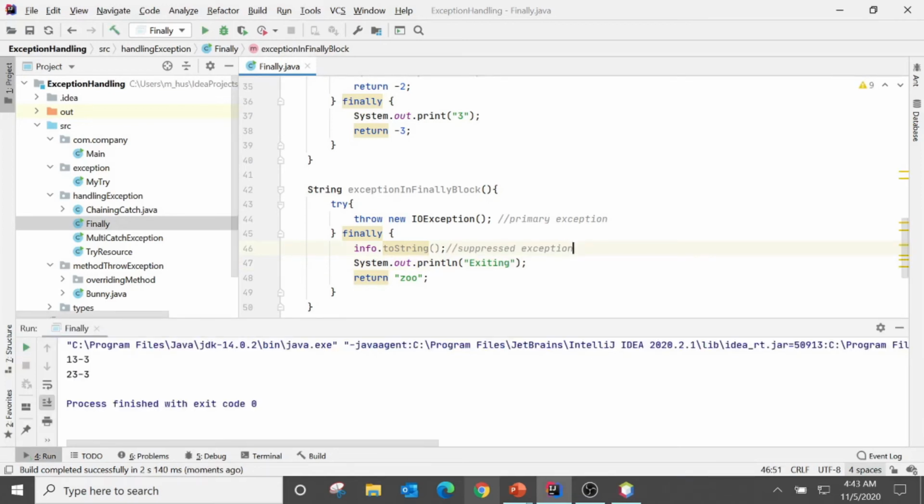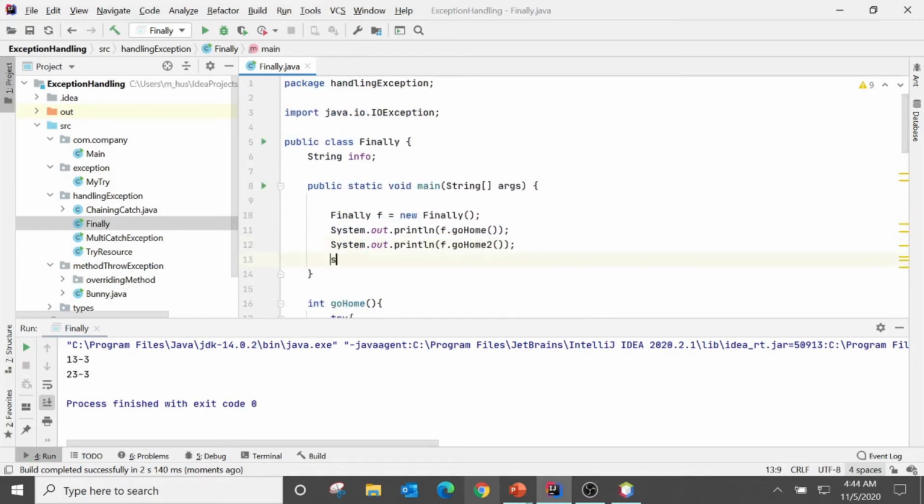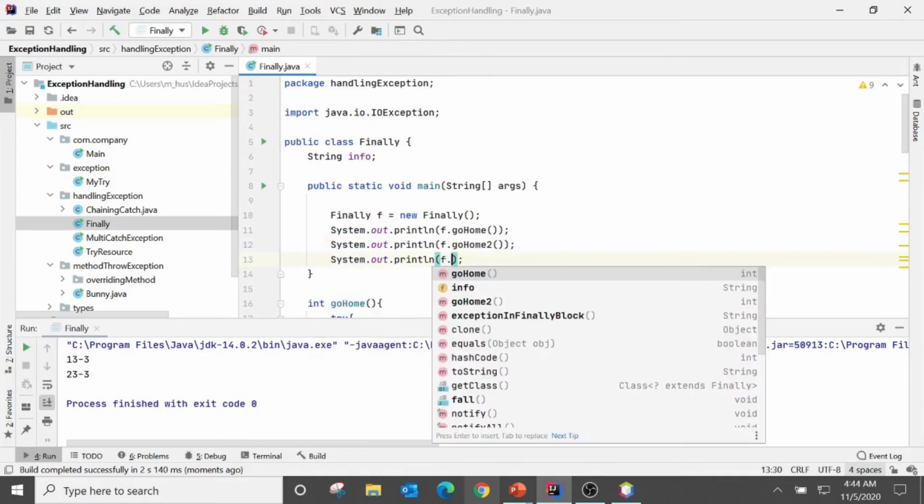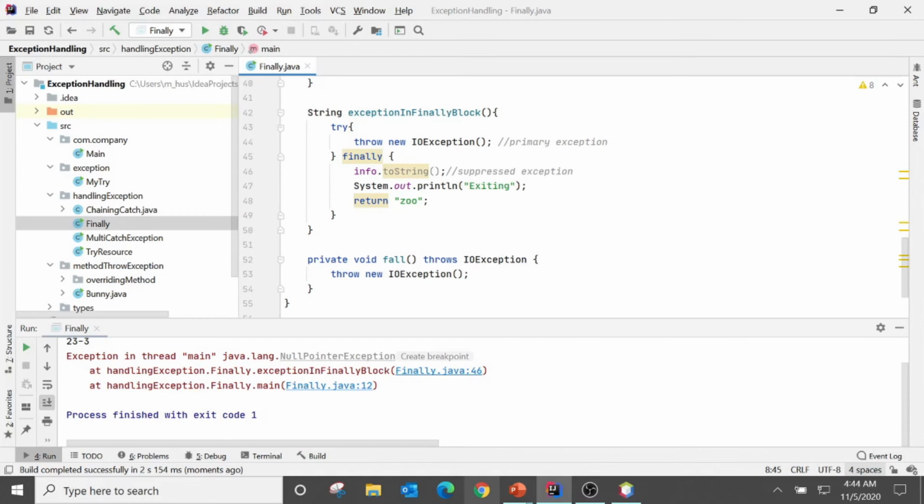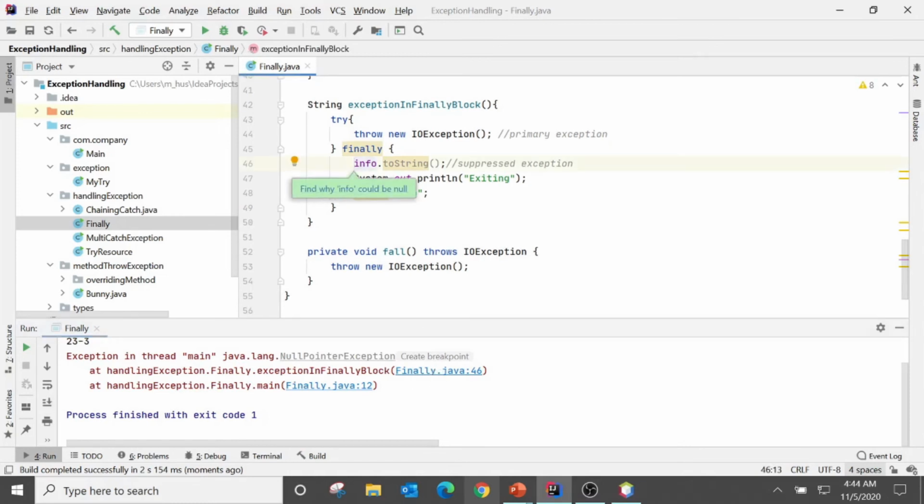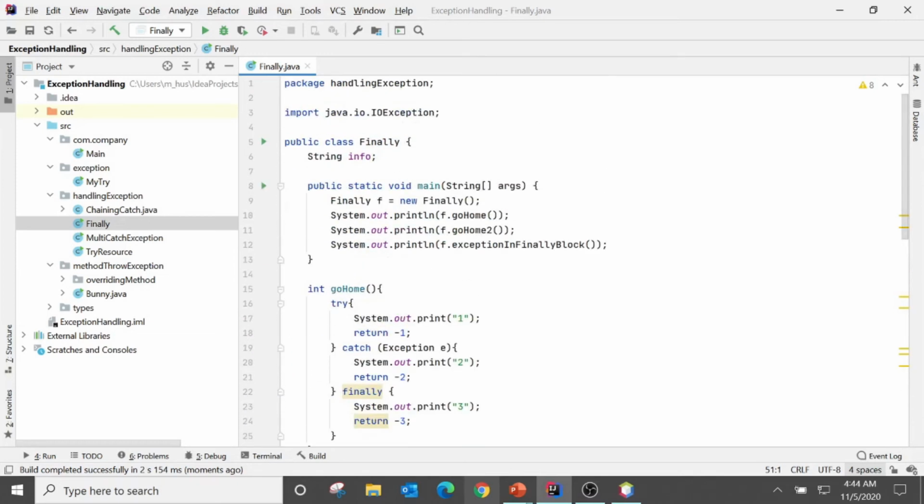So we need to call this method in our main method and see how it goes. Yes, line 46 here. Okay, the exception is here. All right, so next, this code throws an exception. Let's comment this one. Okay,